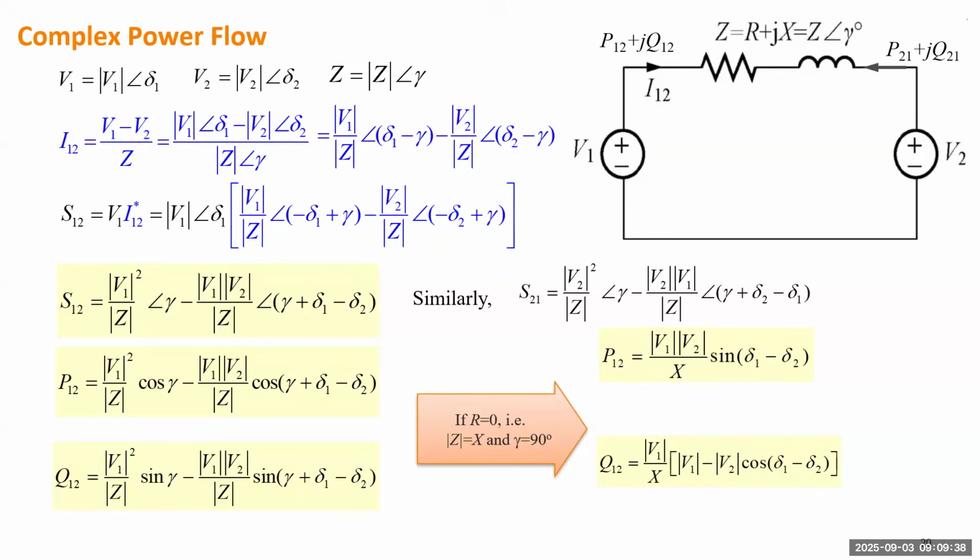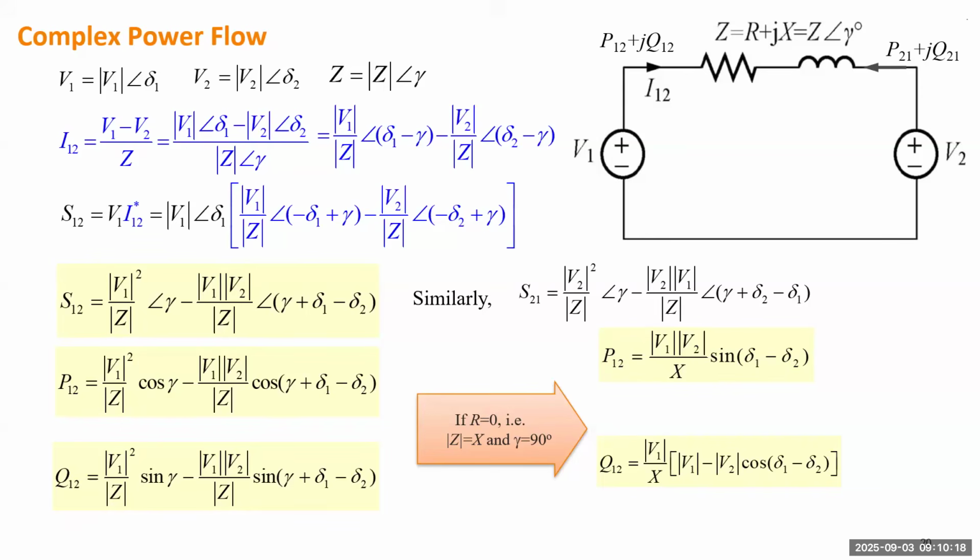Okay, last week we used this circuit to develop the accurate formula to calculate complex power sent from one end to the other end through a transmission line. So this circuit is very general, with impedance having both resistance and reactance, and two sides will have two voltages. We don't worry about whether they're load or maybe a source, but we know the voltage phasors V1 and V2. So they may have different magnitudes and different angles. V1 can be leading V2, or V1 can be lagging V2.